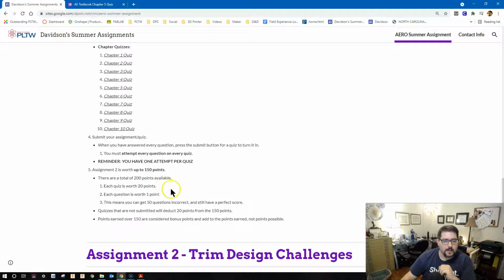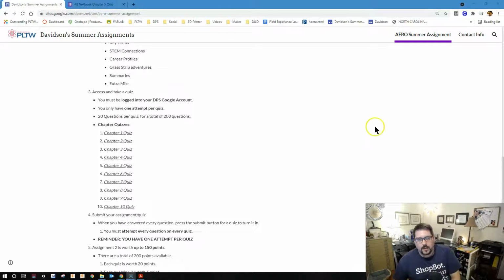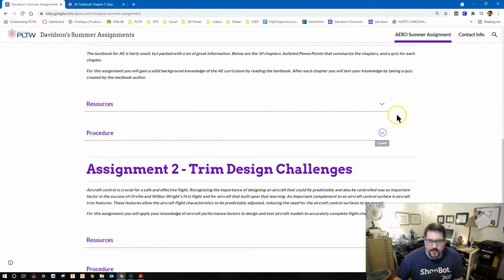Good luck with it. Let me know if you have questions about this part. It should be pretty straightforward. It is a lot of reading. It is a lot of questions that you have to answer, but it'll bring you into this semester with a great background knowledge. Okay, I'm going to collapse this text to get it out of the way,